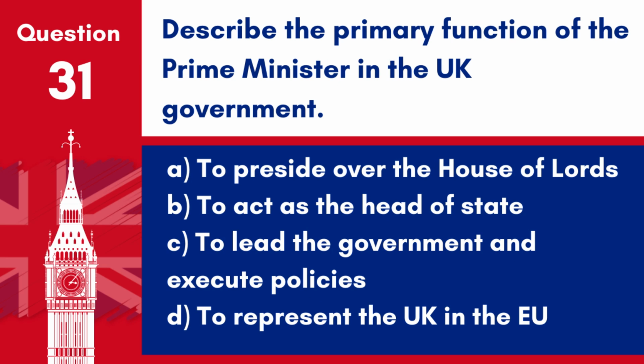Question 31. Describe the primary function of the Prime Minister in the UK government. A. To preside over the House of Lords. B. To act as the head of state. C. To lead the government and execute policies. D. To represent the UK in the EU. Answer. C. To lead the government and execute policies. The Prime Minister's primary role is to lead the Cabinet and the overall government, driving policy and decision-making at the